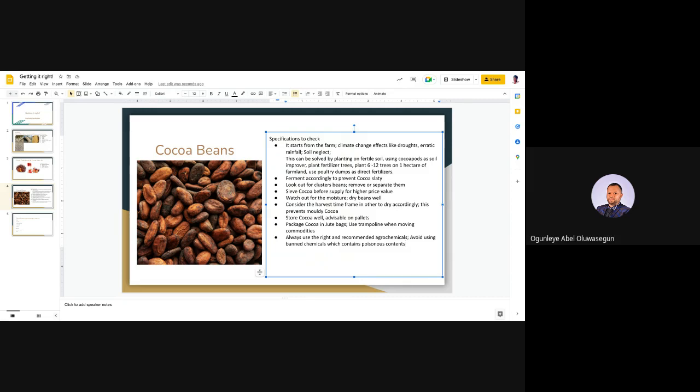Make sure you use organic fertilizer. If you have access to inorganic fertilizer, use it accordingly, according to recommendation. Also, look for alternative ways to actually add fertility to your soil. I said you can use cocoa products, that is, you can spread them accordingly. Also, you can plant